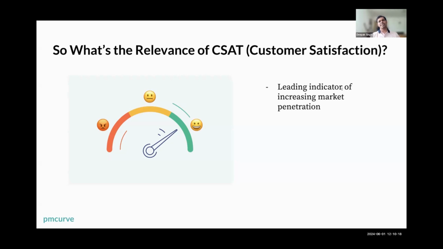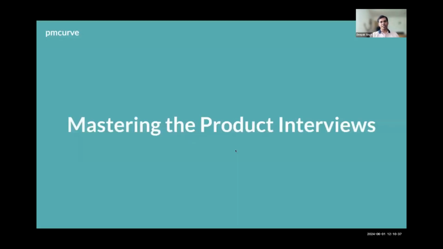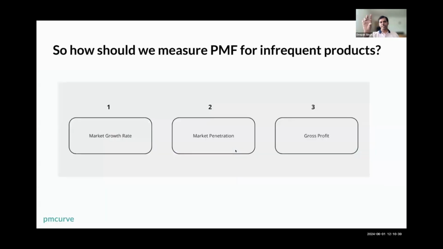And then there is the tax product. So Clear Tax, let's take an example, right? Let's take two examples actually. Let's take one edtech and one Clear Tax. For Clear Tax, the PMF will be measured by the total number of taxes filed in a particular year and the percentage of that market that Clear Tax captured, right? So we will go after market penetration year on year. And then we will also take a proxy of market growth rate. How does the number of taxes filed grow year on year, right? And what is the share of Clear Tax in that? And finally, we will look at gross profit.